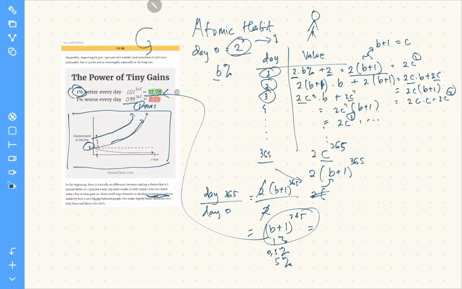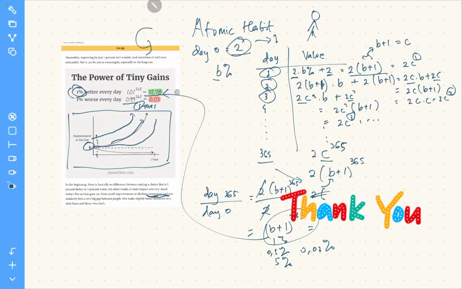And if you are a person who just has a 0.03% positive habit every day, then your graph is going to be almost flat over here, and then maybe at some point, if you're someone who can only push yourself on